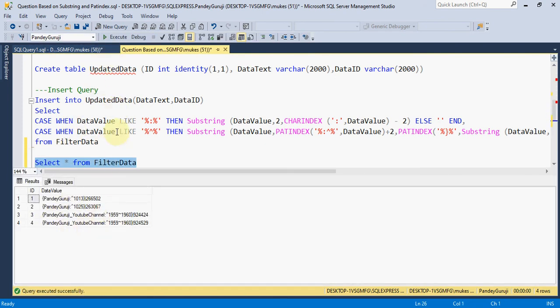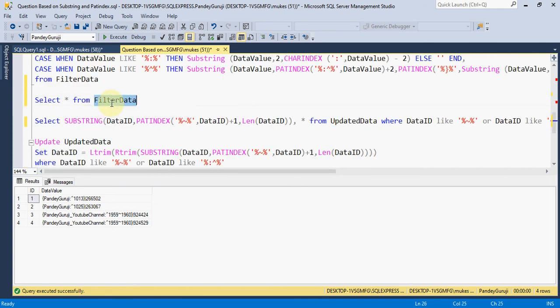Select star from this table. Now you can see this symbol is coming between.